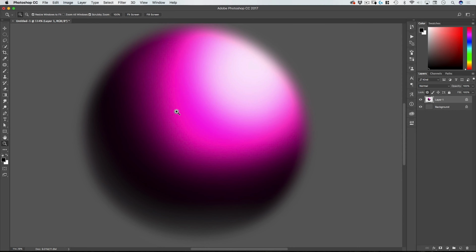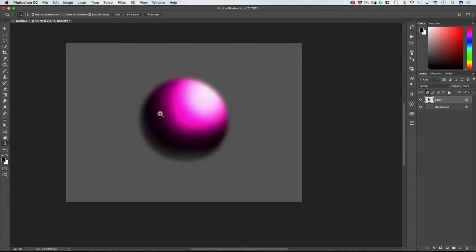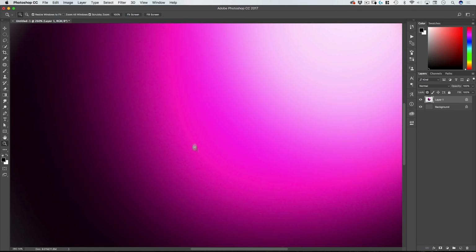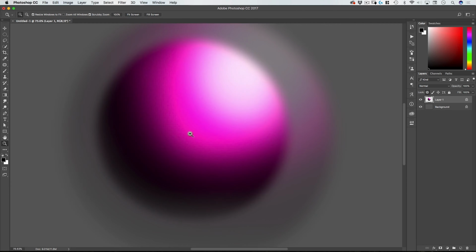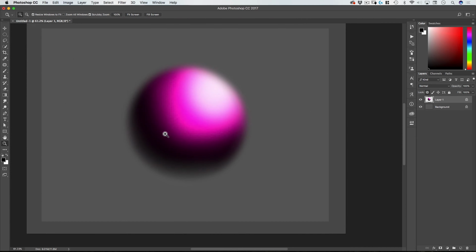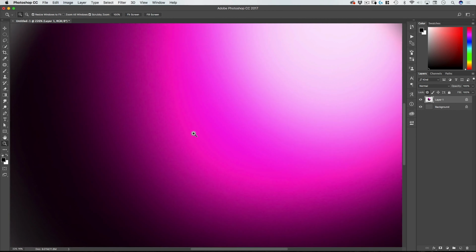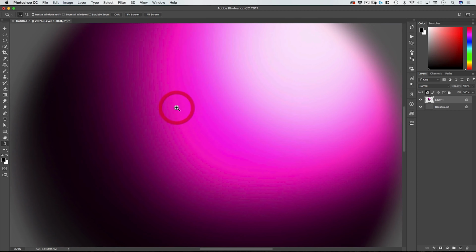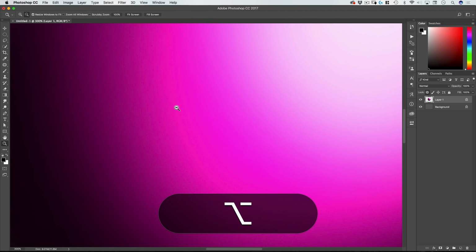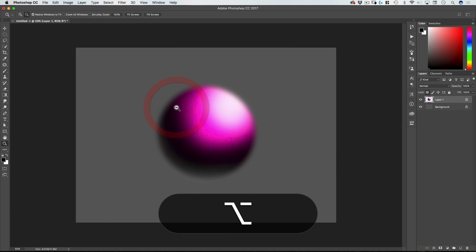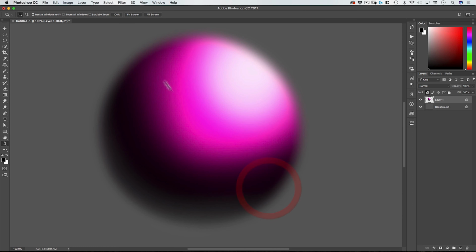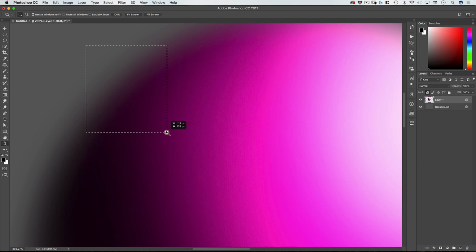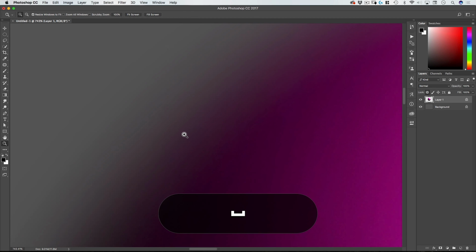And scrubby zoom means I can click and drag left or right or up and down. Actually, it works best left and right to zoom out or zoom in. If you don't have that on, magnifying glass is going to click to zoom in, hold Option and click to zoom out, or you can make a little window around what area of the image you want zoomed into.